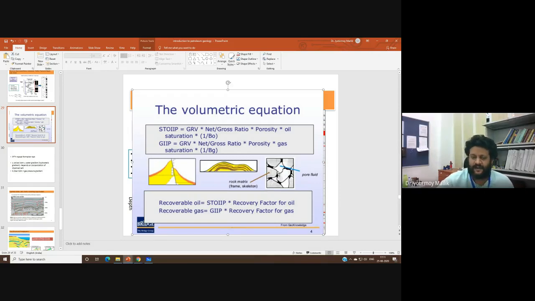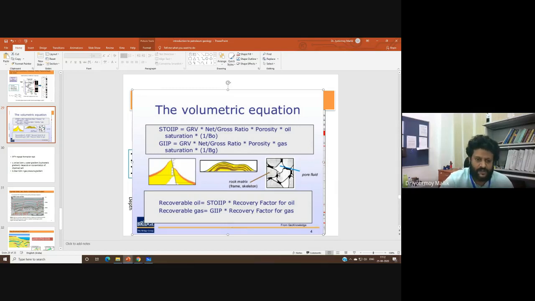And then, of course, oil saturation. We explained this is described in this picture itself, that all the void spaces are not taken by hydrocarbon. There is some residual water still present in that pore space. So we must multiply that with oil saturation, the percentage of oil present in that pore space. So this will be 1 minus SW, SW being water saturation, which is calculated from the resistivity log, and then you multiply that with the gas expansion or the oil expansion factor.